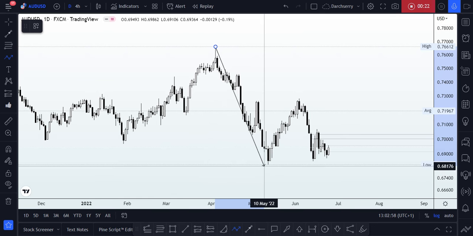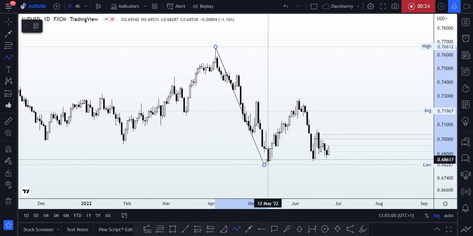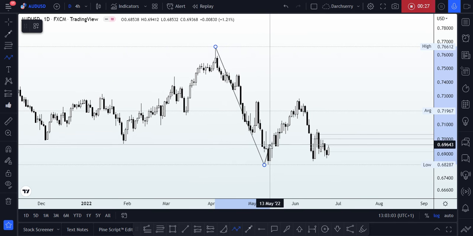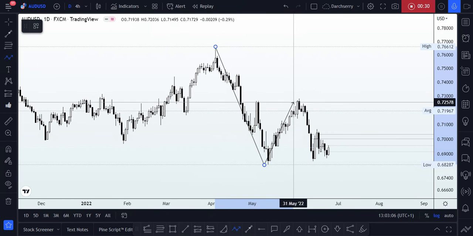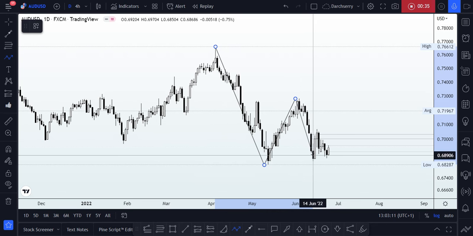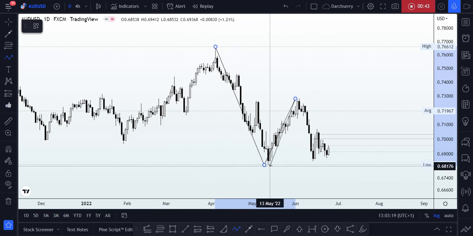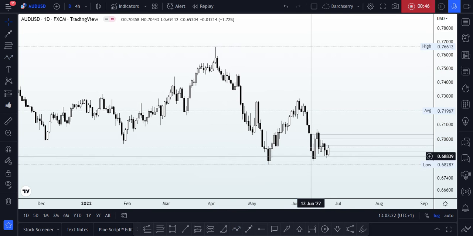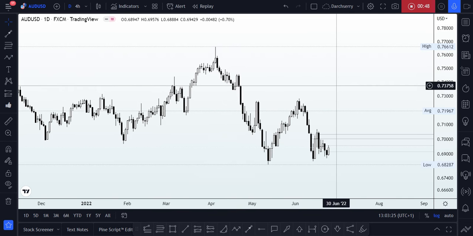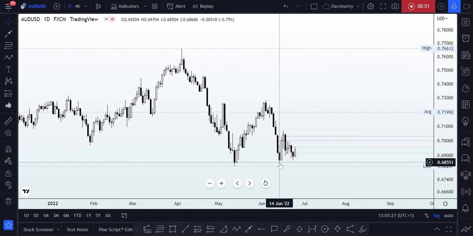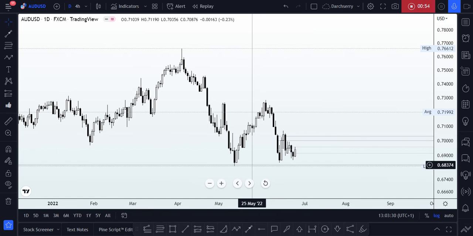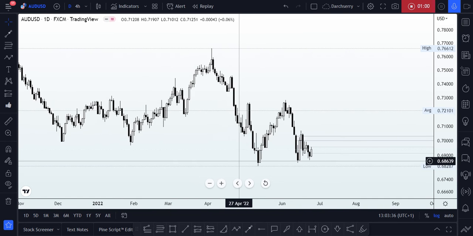As we can see here, price tested the 0.600 area one time in the middle of May. Price rose back into the 0.72700 area before it did another retest of that area, which appears to be a higher low, as price was unable to break the previous low we identified earlier. So with this kind of structure here on the daily time frame, it is obvious that in the last couple of weeks, price has been finding it very difficult to break below this 0.68400 area, making this area a much